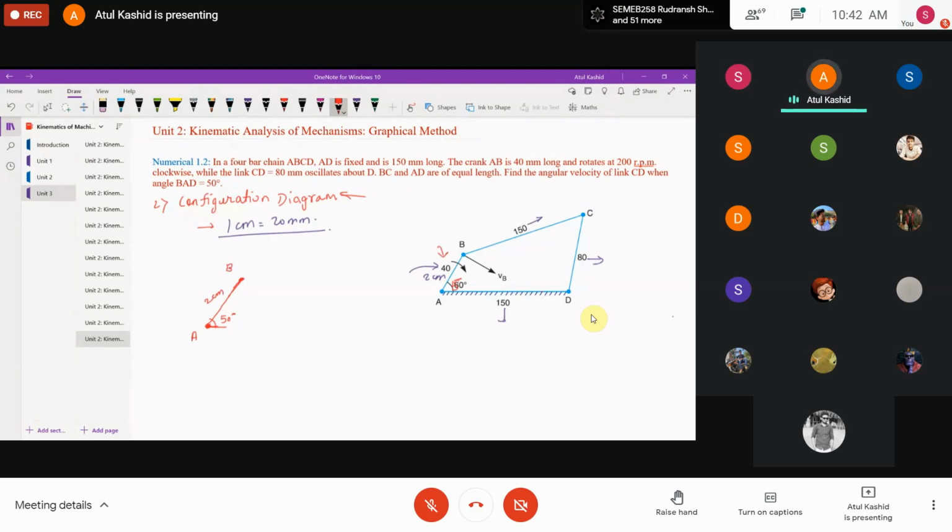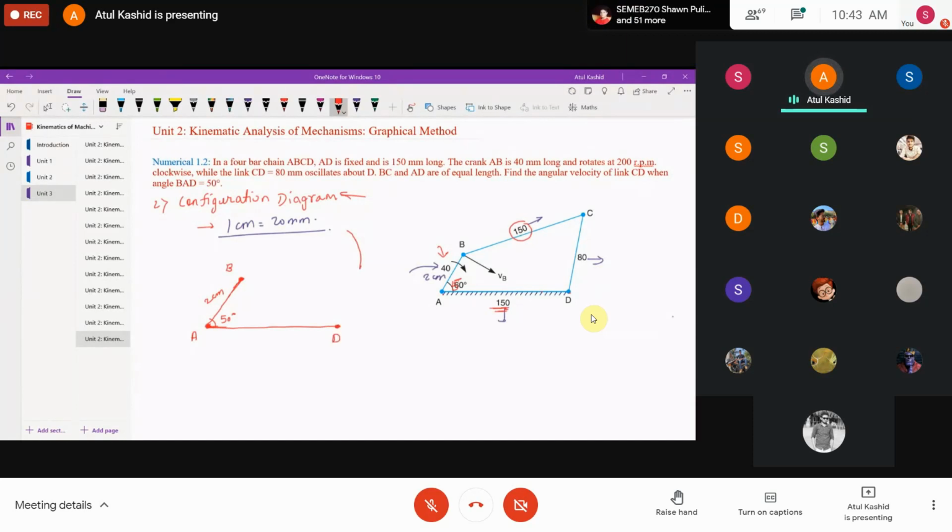Similarly, we have to convert this 150 mm into centimeter. Just take a compass, keep it at point B, and draw one arc of length BC, right? Then next thing we can do, we can go from point A to D, because we know it is 150 mm and it is in the horizontal direction. So simply we have to convert that 150 mm into centimeter and draw a line like this, right? So we'll get the point D over here.